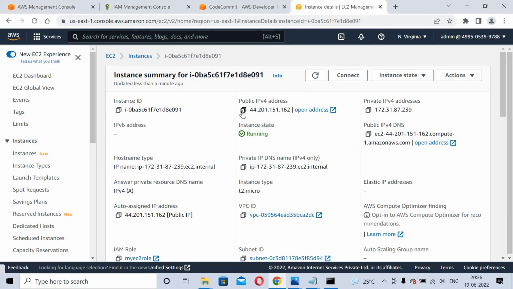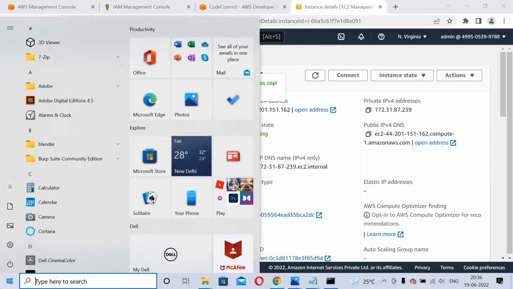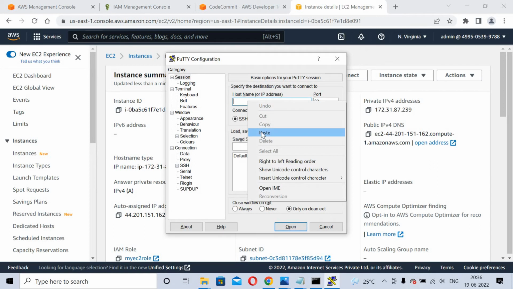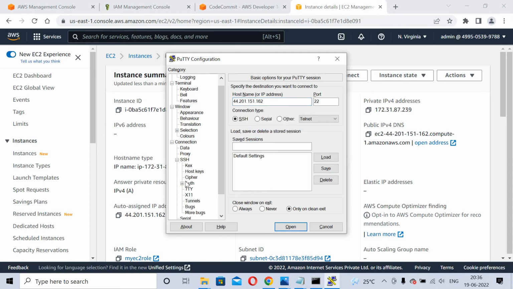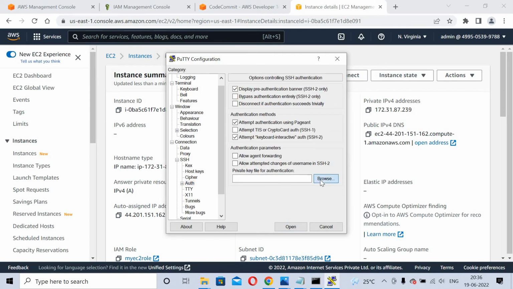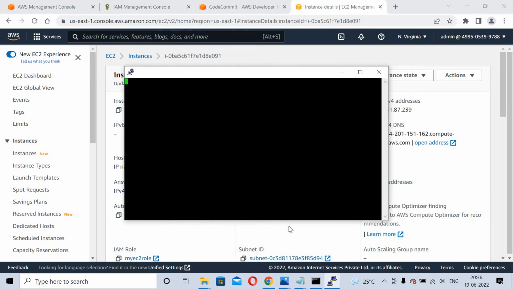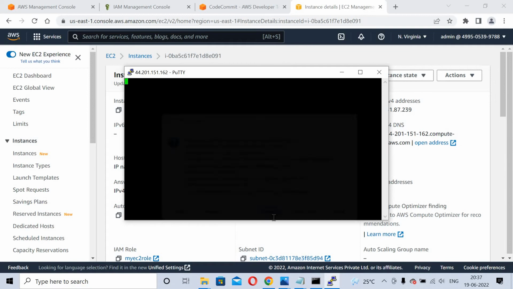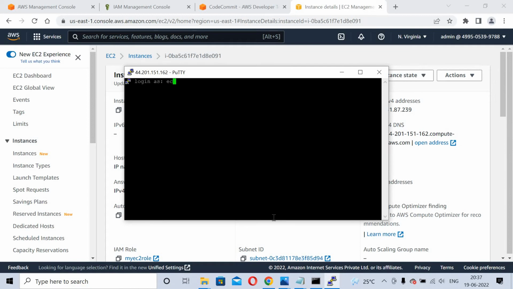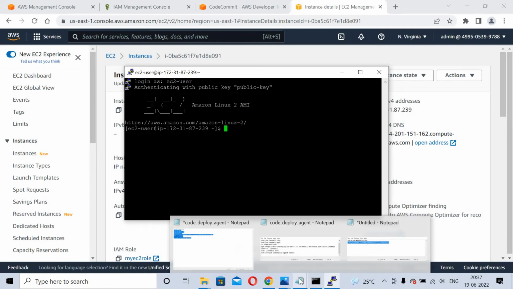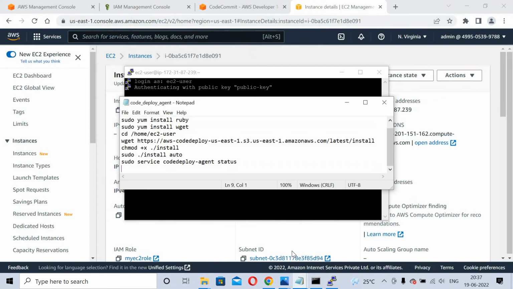So it goes to the running state. I will copy this IP address and use the PuTTY over here and paste it over, and I will go to SSH and authentication, browse the key. I will open this, accept this EC2 instance, login as ec2-user, and what I am going to do is I'll try to install a CodeDeploy agent